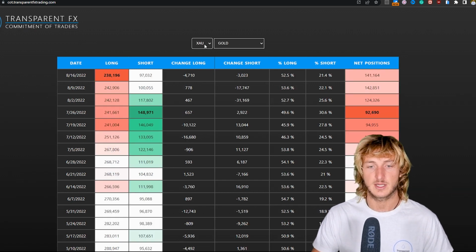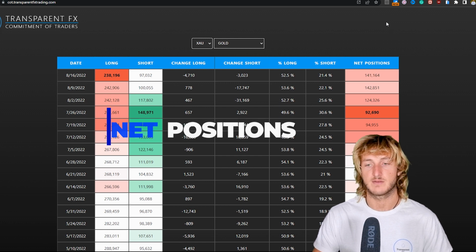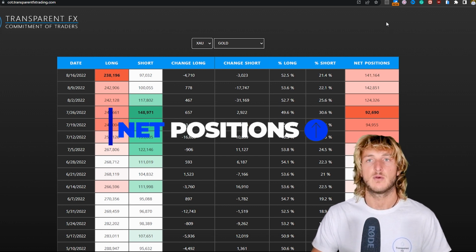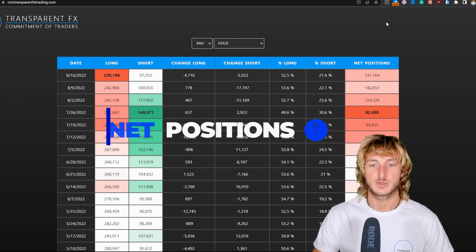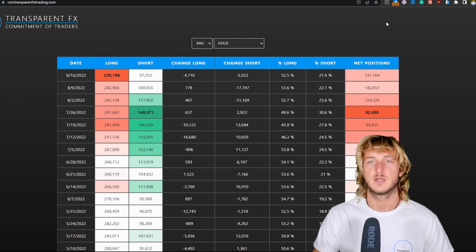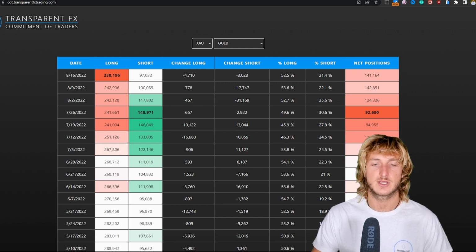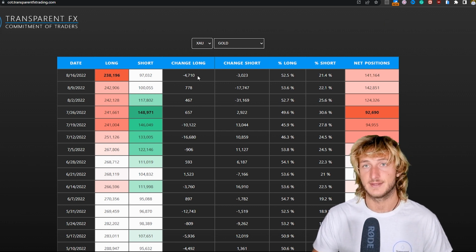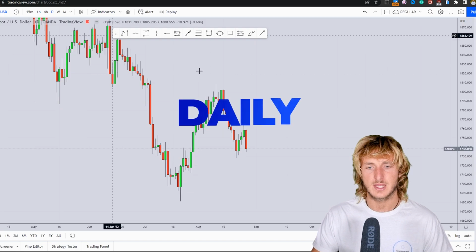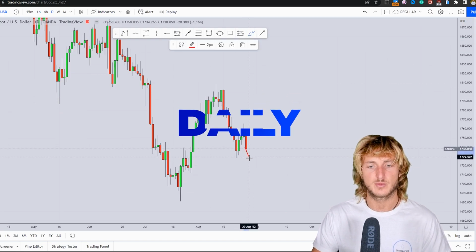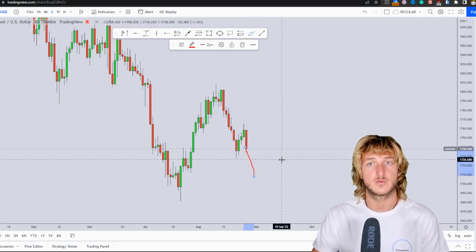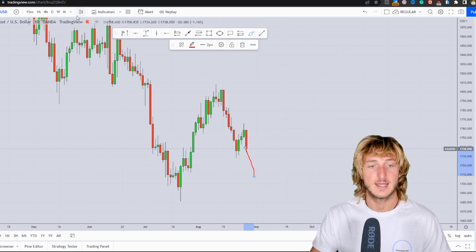Now, checking the data here for gold, what we can notice is that lately net positions have been increasing. Now, since we're seeing an increase of net positions overall, we could see the market create a rejection higher. However, it's important to notice that we do not see any longs added with the last report, meaning that overall we could expect a little bit more bearish price action for the market to actually go and test the monthly